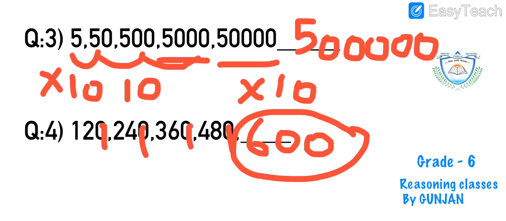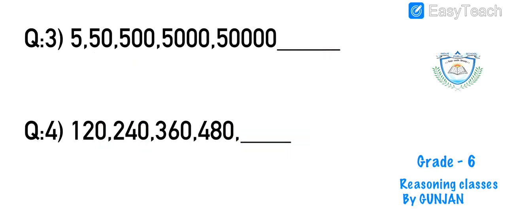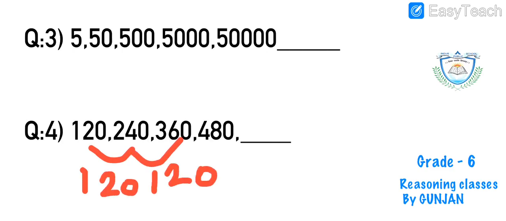Or you can also find out the difference. It will be 120. So what I want to say here is we don't have just one logic for one question. We can have as many logics for every question. Just think about the process by which you are going to proceed. It should be a correct one and it should be a logical one. So if you find any logic, just try that each and every number will follow it, and then find the answer in the same way. So don't stick to just one method. You can go for any method. Moving ahead,